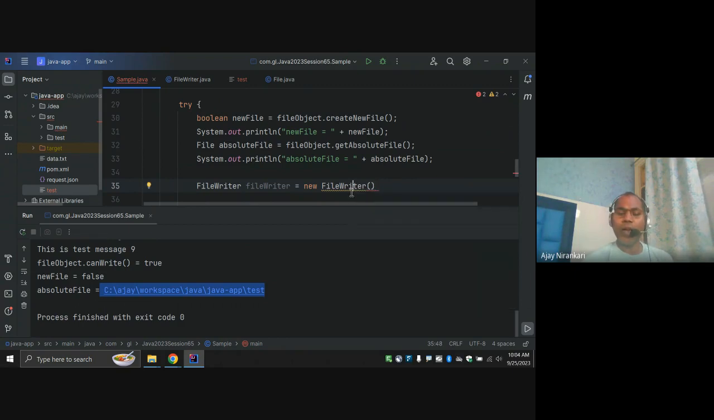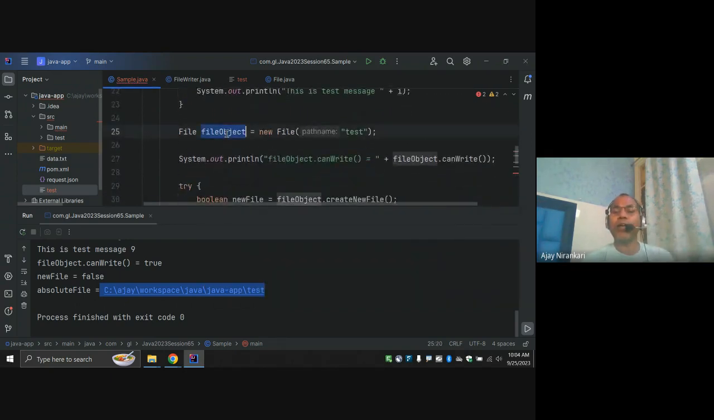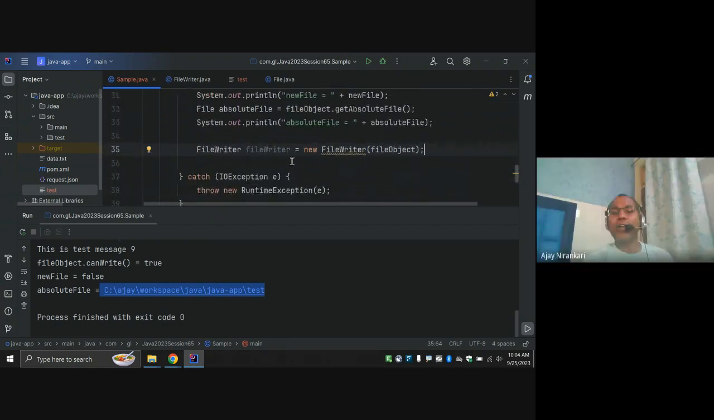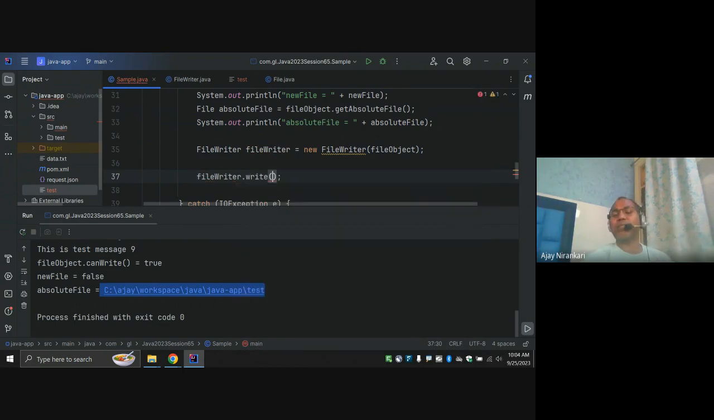So again, we have to check. Notice here multiple constructors. I can use this file constructor because we already have a file. I am going to use this constructor because we already have a test file, and in this test file I am going to write something. I already created this file object, so let's pass this file object. Now this file writer has the option file writer dot write, and here I can write my message,